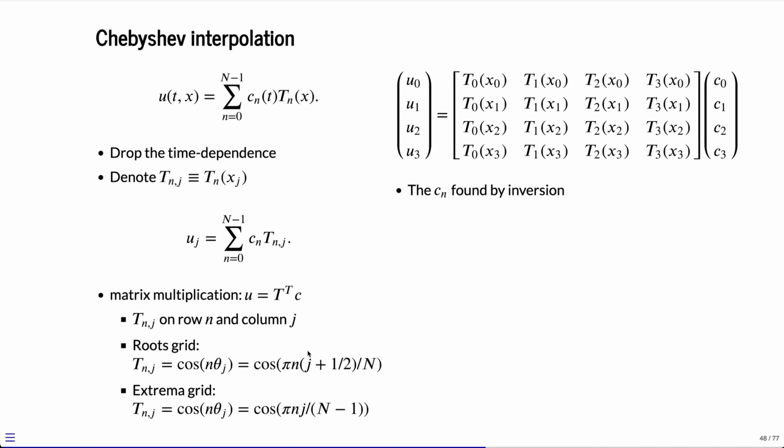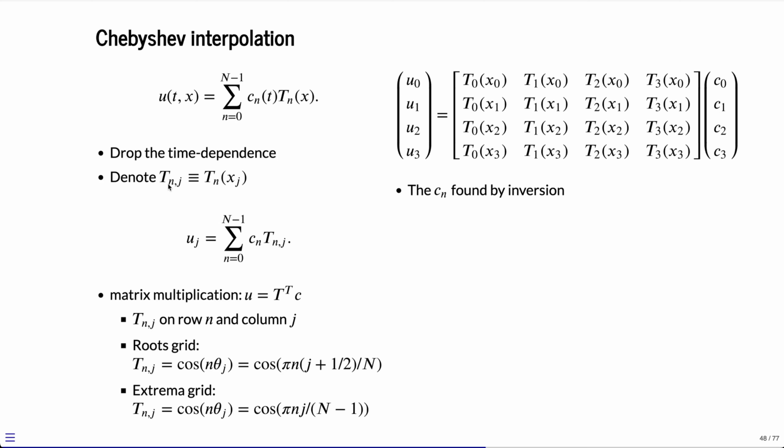This is the sixth part in our introduction to pseudospectral methods. In the previous part, we looked at Chebyshev polynomials, and so here let's apply those polynomials to actually interpolating a function. And we're going to drop the time dependence for convenience, and then we can see that uj is,